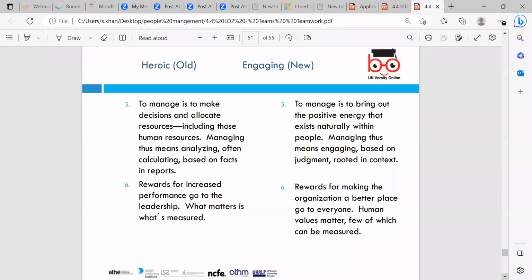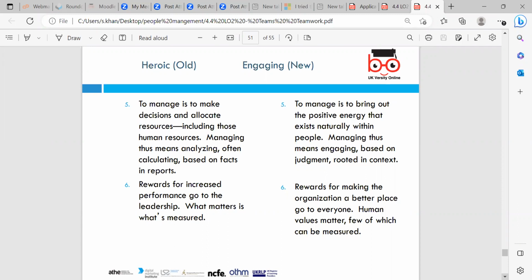The heroic side of it, the old one, is number 5. To manage is to make decisions and allocate resources, including those human resources. Managing thus means analysing, often calculating based on facts in reports. Number 6, rewards for increased performance go to the leadership. What matters is what's measured. And engaging, and